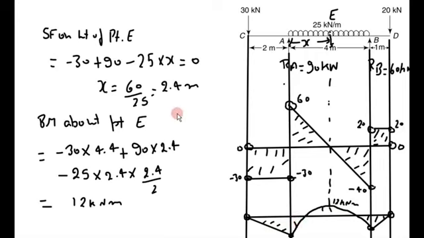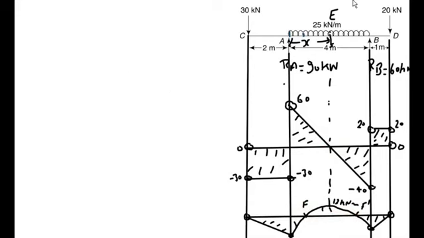Now we have to find out the position of point of contraflexure, and points of contraflexure are where the bending moment diagram in between the beam becomes 0. These points are called points of contraflexure. Suppose these points are F and F dash on the beam. So we have to find out the position of these points on the beam. Now to calculate point of contraflexure, project the point F onto the beam. Suppose here is point F, which is at a distance of x dash meter from point C.